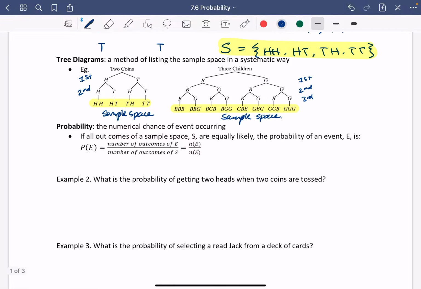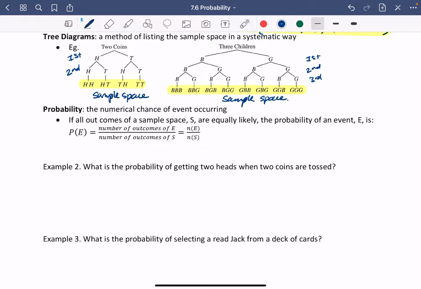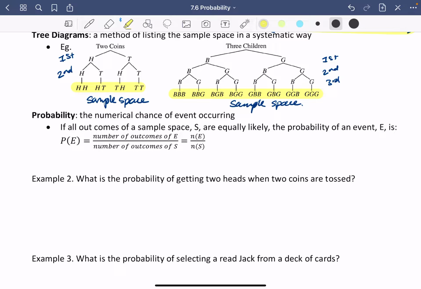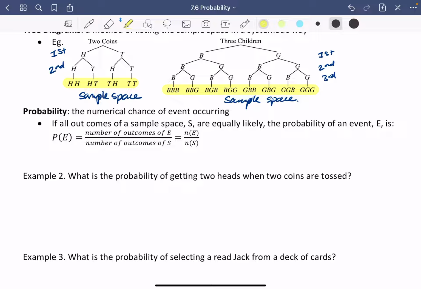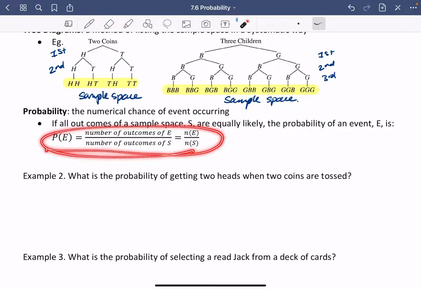Okay, the next one, probability. Probability is the chance of an event occurring. So how do we calculate probability? The probability of an event E is calculated like this. It's all of the outcomes of the sample space, so the number of outcomes, on the denominator, and then on the numerator, it's the number of outcomes of that event. So let's say, for example,